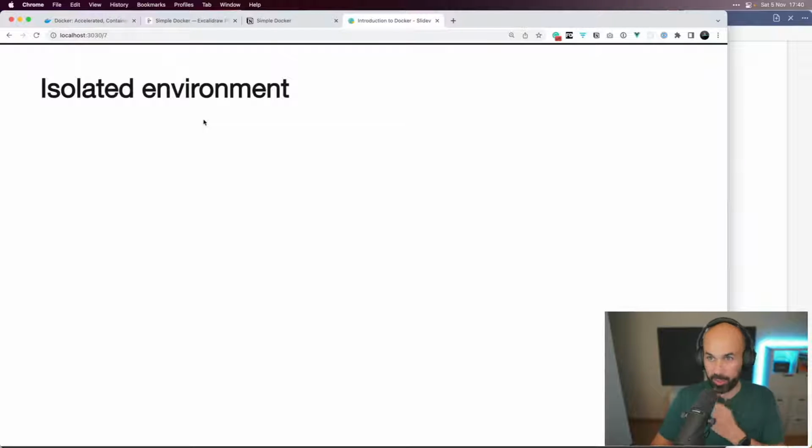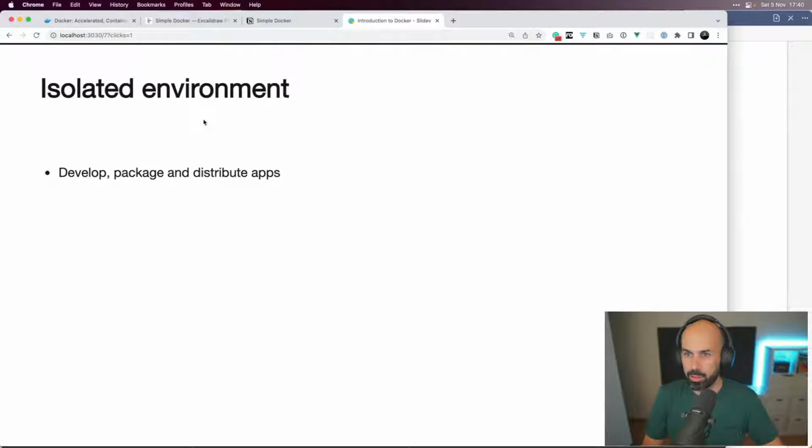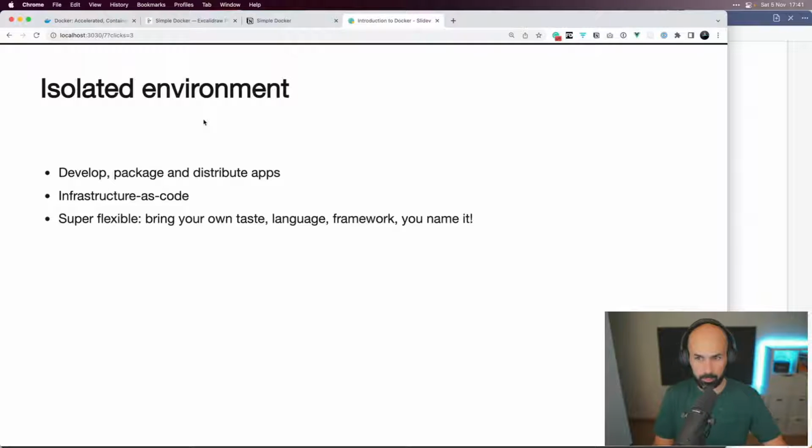So yeah, with Docker, we are getting an isolated environment where we can develop, package, and distribute our application. We get infrastructure as code because all of the details of our infrastructure can be living in text files inside our repository, so that's very cool.